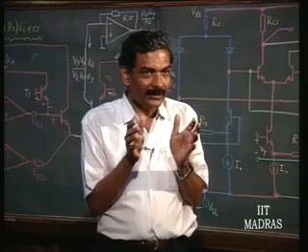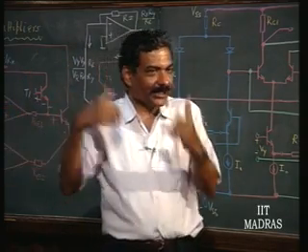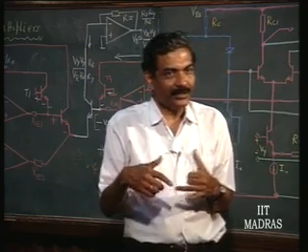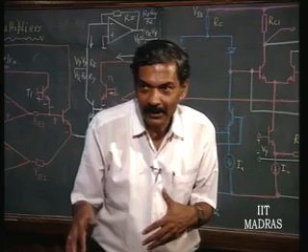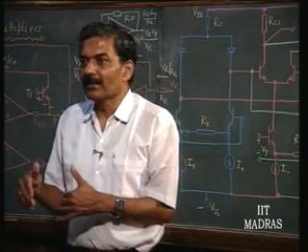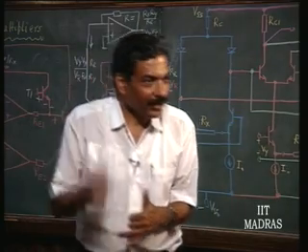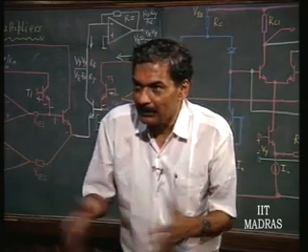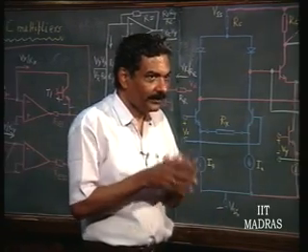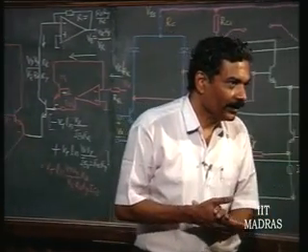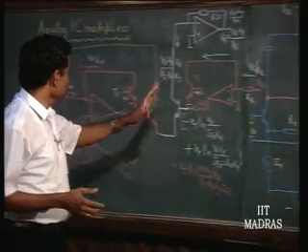q v by k t, not minus 1, that minus 1 has been ignored. So, the exponential operation is necessary, that means current should not be going down to values of the order of I e naught. So, you are not allowed to make V x or V y or V r equal to 0 in this, not just for division, even for the multiplication operation. It will go wrong if the forward current is of the order of I e naught or less. So, this is very versatile.